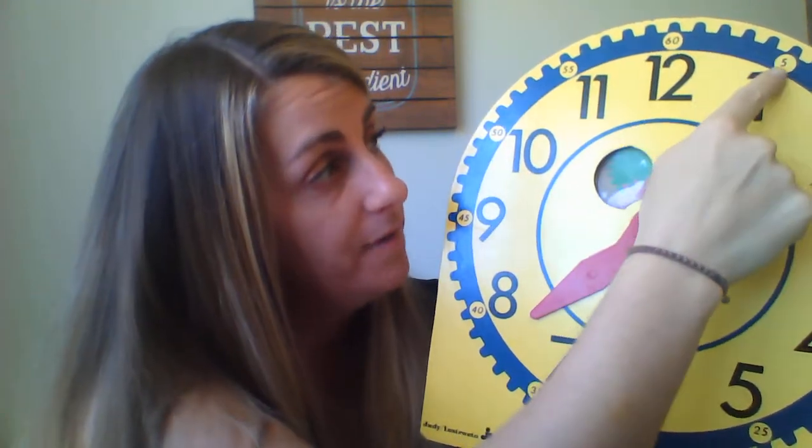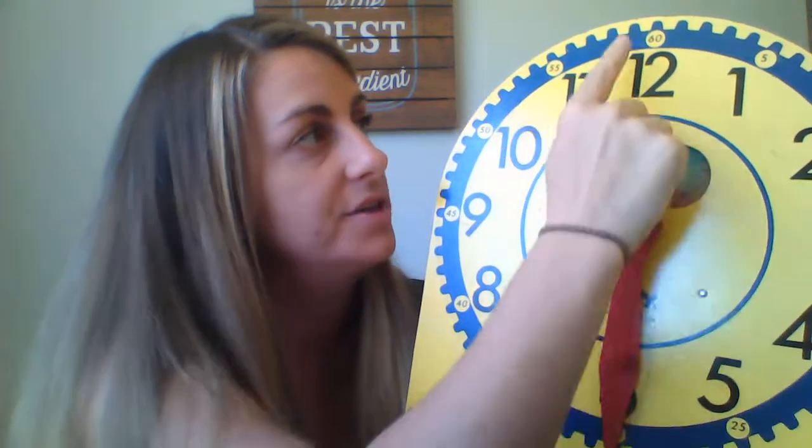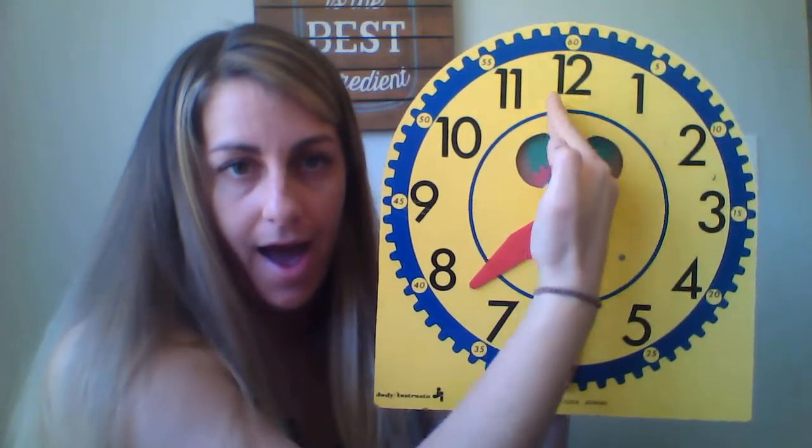All right, so we're down at the bottom. If you happen to forget, if you don't know, then we can just go back to the top and we're going to count by fives. 5, 10, 15, 20, 25, 30. Okay. Another helpful thing, other than counting by fives, is if you know there's 60 minutes in an hour, what's half of 60? Or what's half of 6? That'd be 3. 3 plus 3 is 6. 30 plus 30 is 60. So if you look at the clock and you draw an imaginary line down half of the clock, then you will see that it is